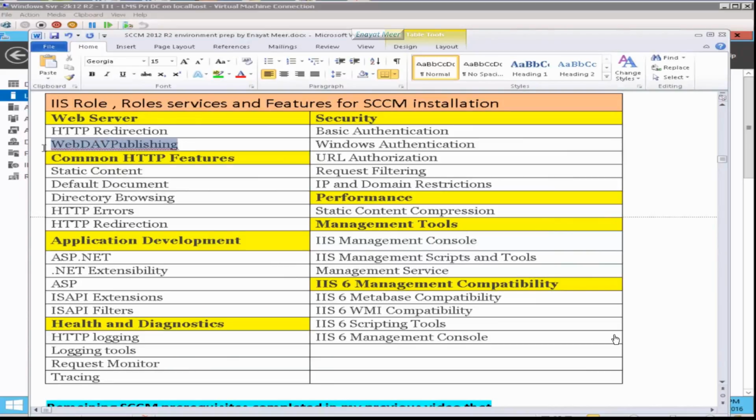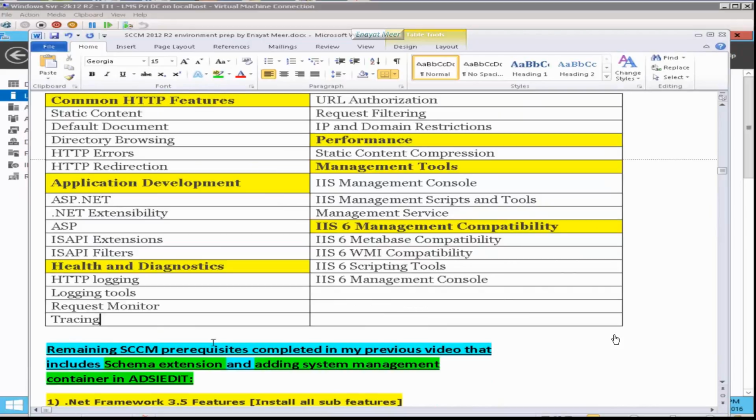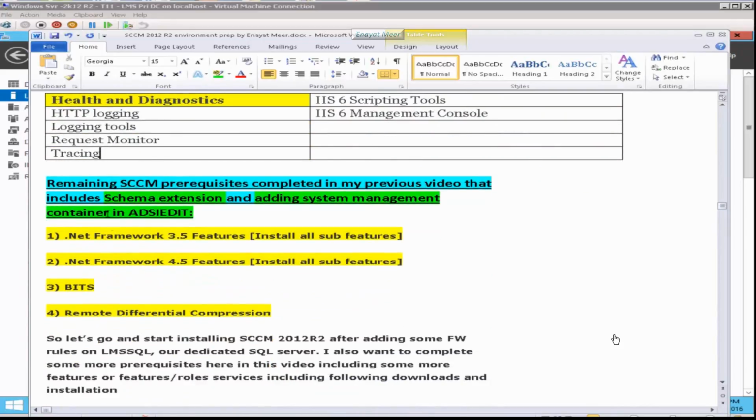You should watch video 1 and video 2, where I have added all these requirements for your Configuration Manager server. Once you install IIS, you can go to the next page, and one by one look at the header and the subcategories you have to install. Also you have to install .NET Framework 3.5,